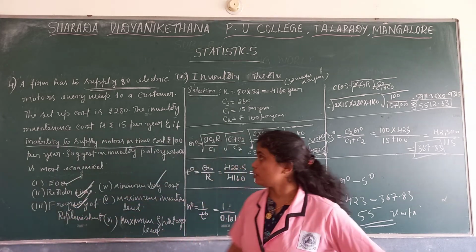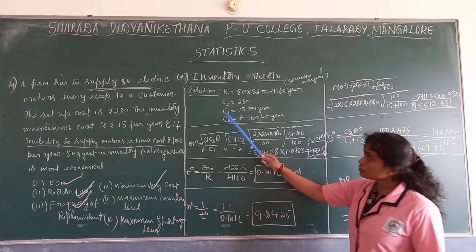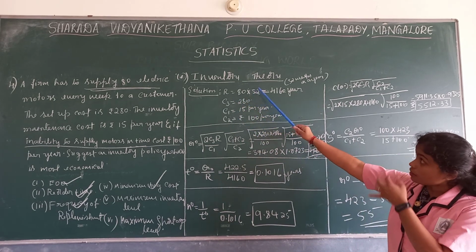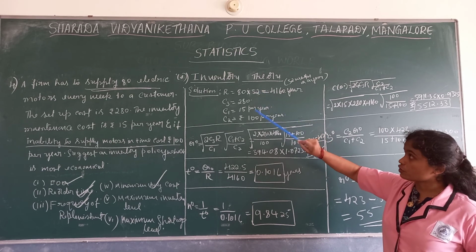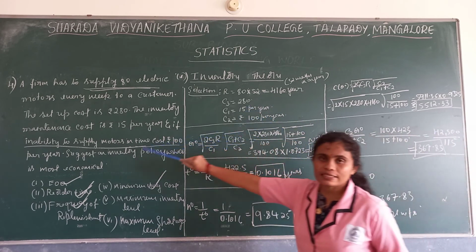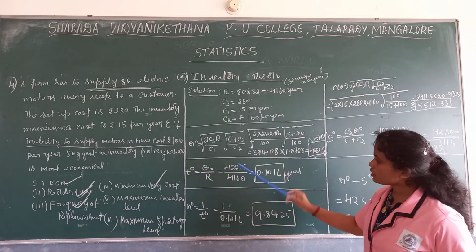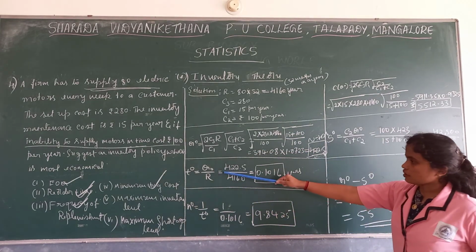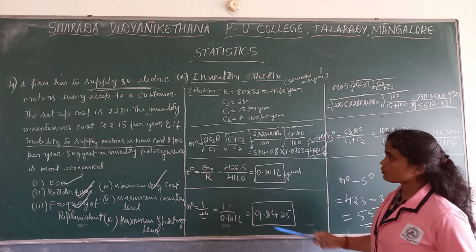So with this we can wind up, I guess. So here we solved all the methods. Now firstly here one difference is, here it's in week, so we need to multiply with 52. The rest of the same things directly they have given. We are taking it here directly. Then I think there is no difference in these two calculations. The frequency, reorder time and frequency of replenishment one and the same.